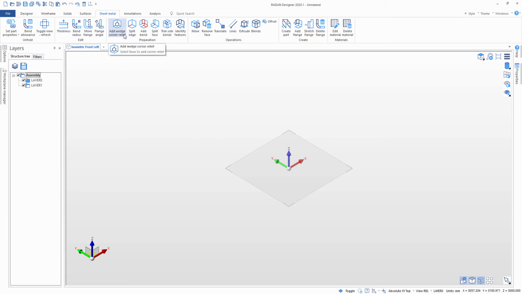Now I'll talk a little bit about the preparation panel and operations panel. Preparation panel contains commands which will be helpful for the user whenever he wants to fix an imported model which is not unfoldable. They will also help the user to convert a solid shell into a proper unfoldable sheet metal part. Operations panel contains shortcuts to standard Designer modeling commands, which are useful from